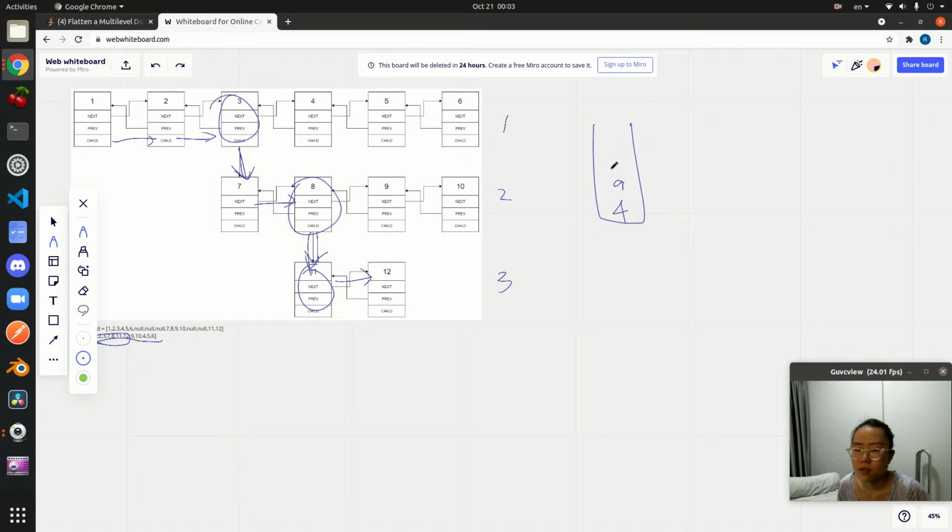so pop that off and process 12, and then pop 12 off. Okay, now we want to go process node 9 because we haven't visited that node yet, so we pop 9 off, push 10, and then 10, we're at the end of the doubly linked list on this level, so we pop that